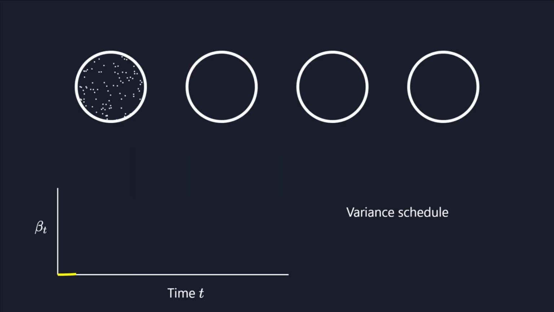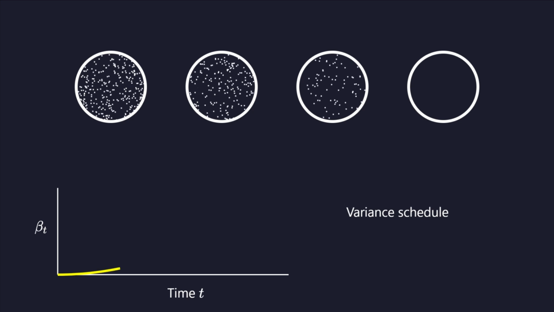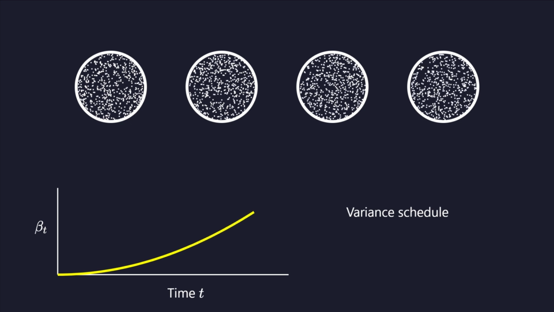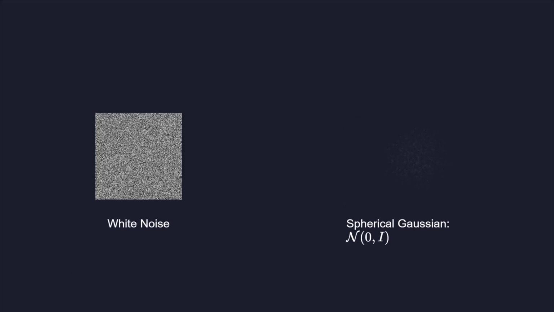Each step in the chain uses a Gaussian transition kernel. This ensures that the probability of the state at time t depends only on the state at the previous time step. The amount of noise added at each step is controlled by a variance schedule, often denoted as beta. This schedule ensures the transition to pure noise occurs over a finite sequence. At the end of the forward process, the original image becomes an uncorrelated sample of white noise. All information is lost in this high-entropy, spherical Gaussian state.